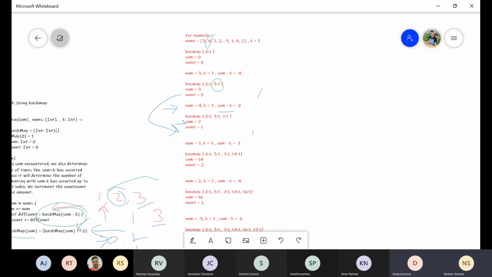Initially the sum is 0, so we have an entry where 0 is the key and 1 is the value. Now when we traverse our array, we encounter the first element, which is 3. Now num is equal to 3, and when we calculate the sum, which is 0 plus 3, sum is equal to 3, and the hash map does not have any entry of this. So we will create an entry every time the sum changes and it does not have an entry.